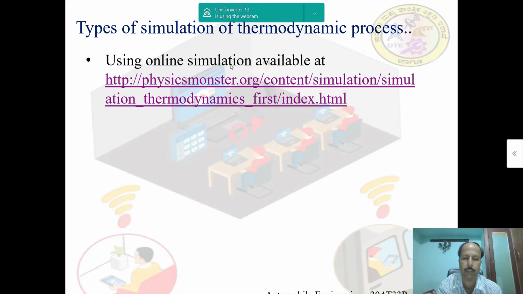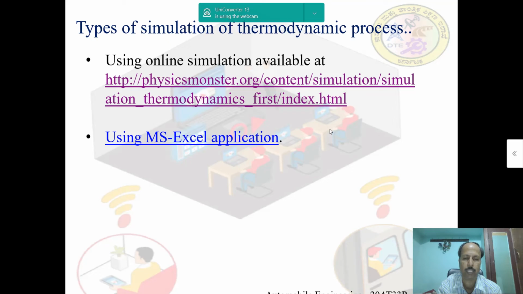The first one is using the online simulations available. There are many simulations available on the internet. This is one of the best. You can click on this link. If your computer is connected to the internet, you will be taken to the website where you can find that simulation. And there is one more method.